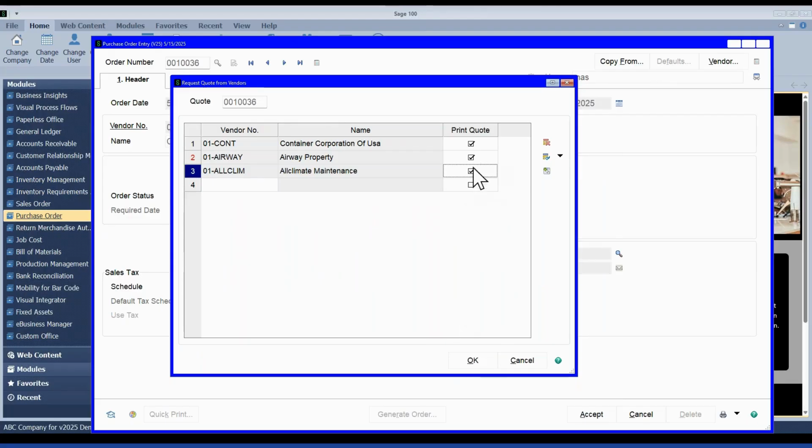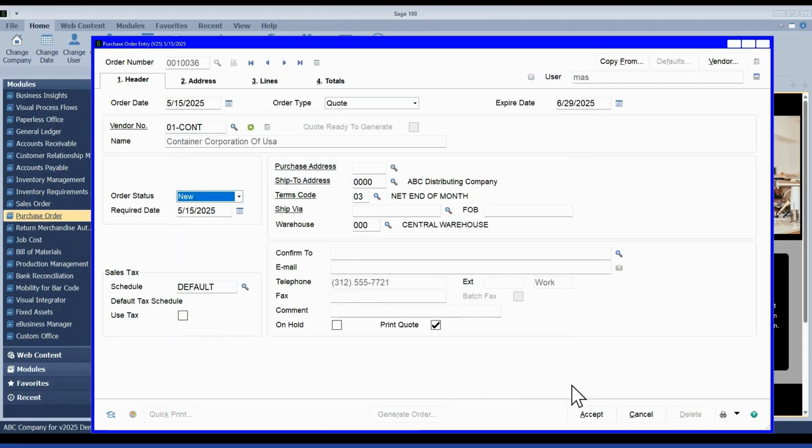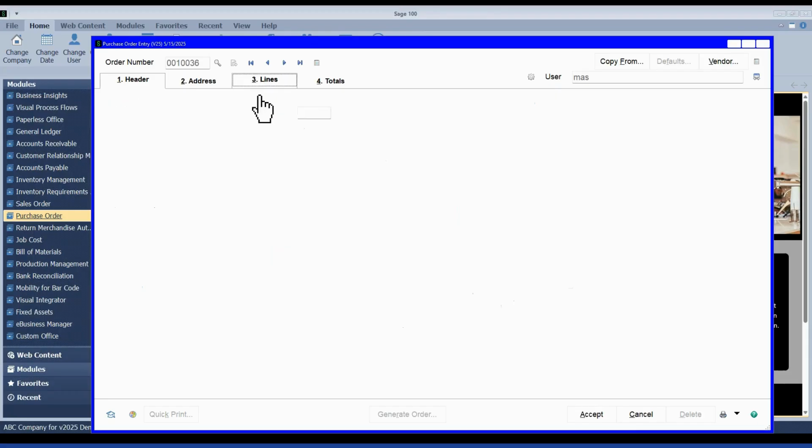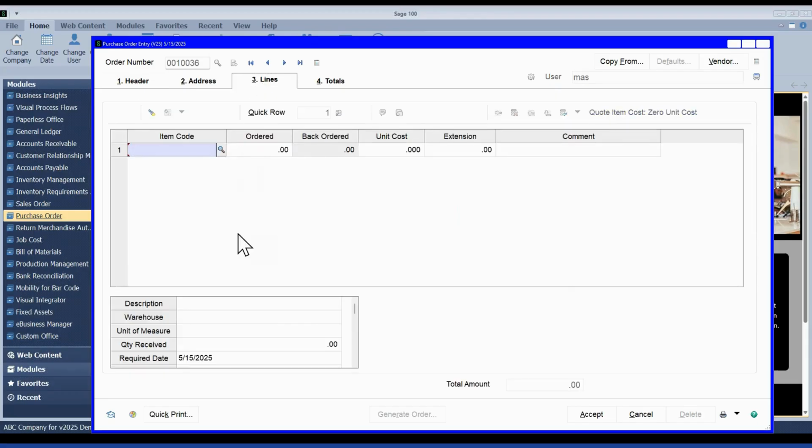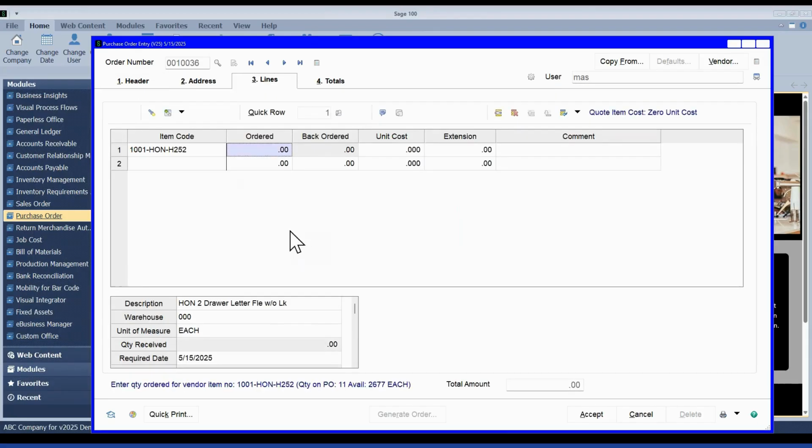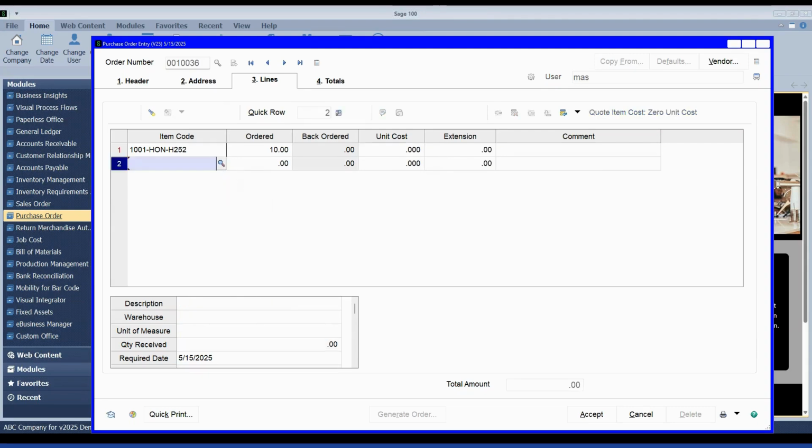And I can also select in here if I want to be able to print that quote for each of them. That could be physically printing, or, like I mentioned earlier, emailing if those vendors have been set up for paperless for the PO quote form type. At that point, similar header information, want to verify which warehouses it's going to be coming to, where would they be shipping it to. Over in the lines, of course, what am I wanting a quote on? If I pick some of those same items I was playing with earlier, because I told it to 0 my unit cost, it's pulling that through rather than on the other purchase orders, putting in that value for me.